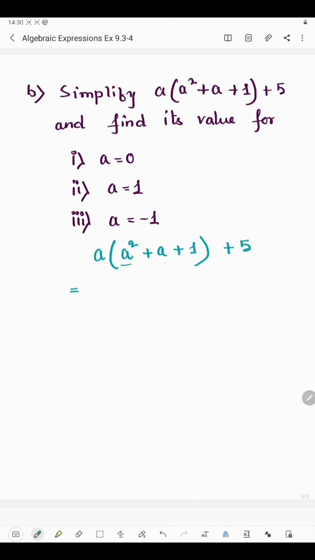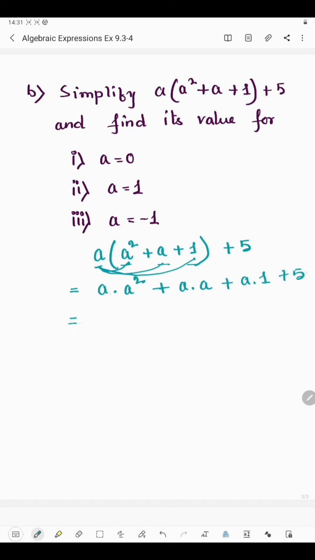Now here all terms present inside the bracket will be multiplied by the monomial. So at first this monomial should be multiplied with the first term. Okay, so a into a square plus, we have plus sign. Now the monomial should be multiplied by the second term, so a into a, again we have plus sign, again the monomial should be multiplied by the third term. Okay, so it's a into 1. So these three terms are present inside the bracket, so the monomial should be multiplied by all three terms, and then we have the constant part given, so we'll write it as it is.